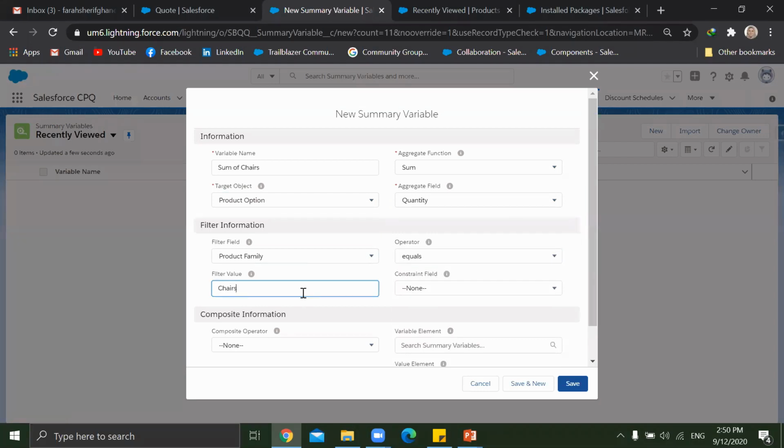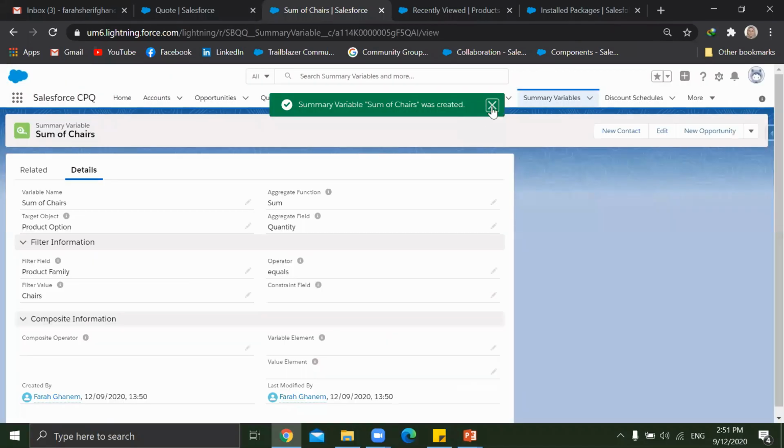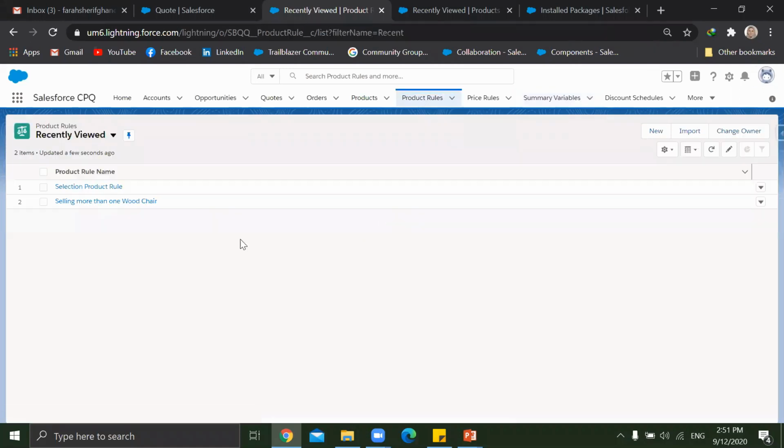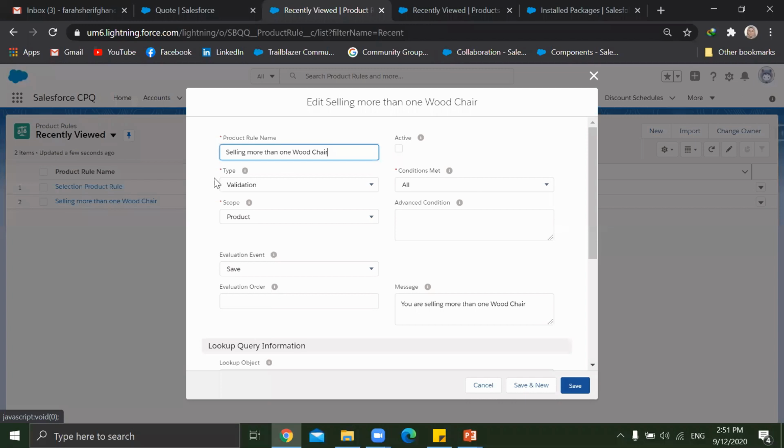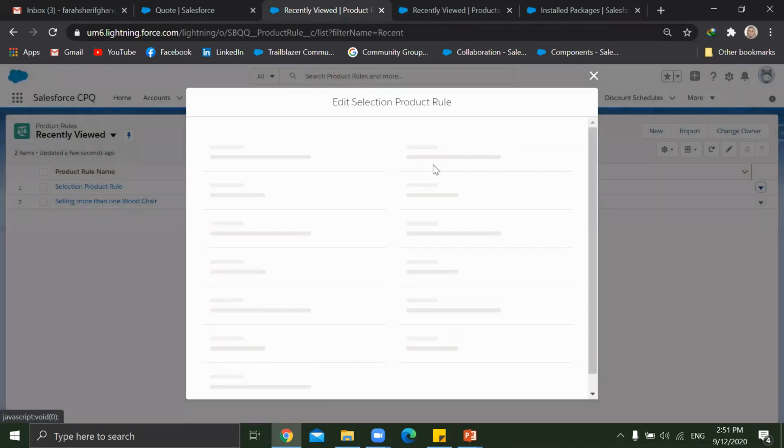So this will perform a sum operation on the quantity of all products in my bundle with the product family of chairs. Okay, and let's go create our product rule. I'll just deactivate the old one. It's edit. Okay,